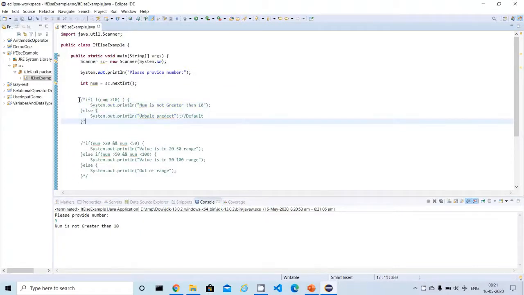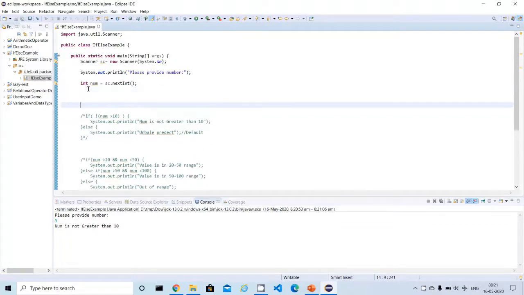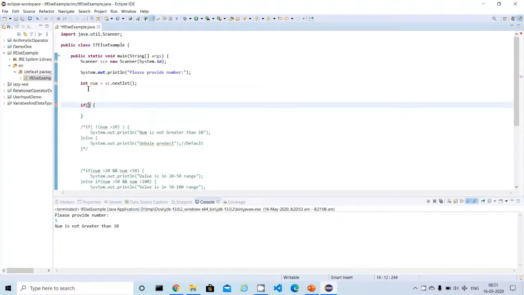So let me comment it out. I'm going to use another logical operator. The last logical operator is OR.